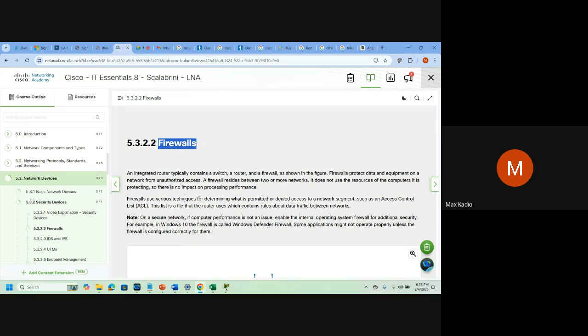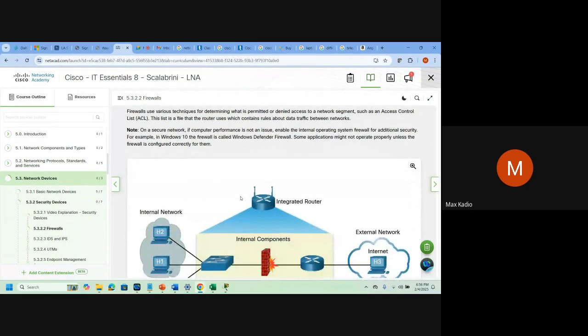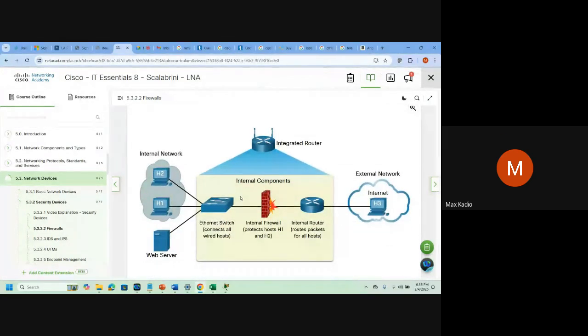You're going to check if you have access, if you're allowed to come in the building or not. So a firewall will be a device to allow traffic or to deny traffic inside my network or outside my network. It's a security guy, or let's say a policeman.